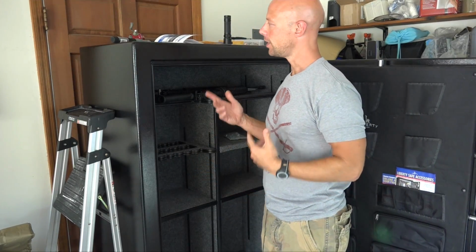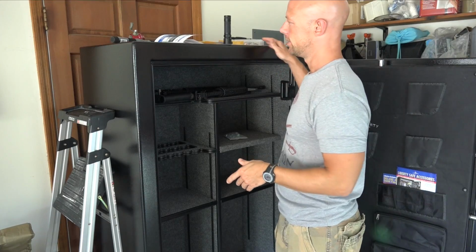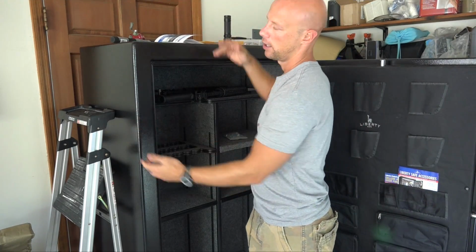If somebody tips the safe over, which again, they shouldn't do because it should be bolted down, but if somebody tips the safe over and starts to pry on a weak spot or something like that, it will give you protection all the way around. Now, in terms of that, another thing to bring up is that the safe walls here are constructed of